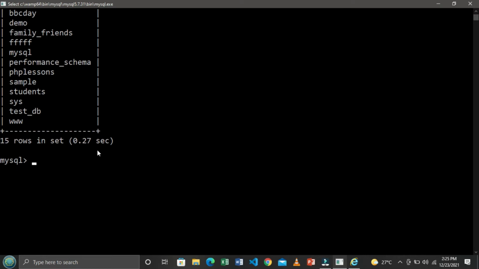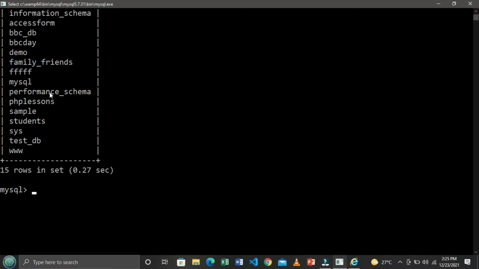So now we need to create a database, one that is not here. As you can see, we need to come up with one. As I can see, we already have a database called student, so I'll come up with one called